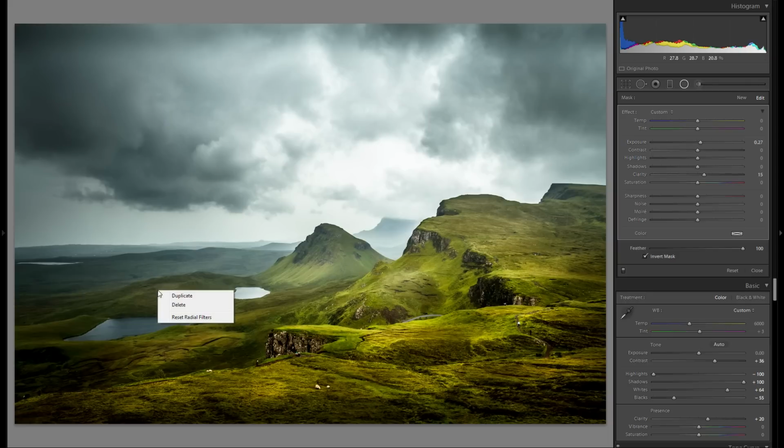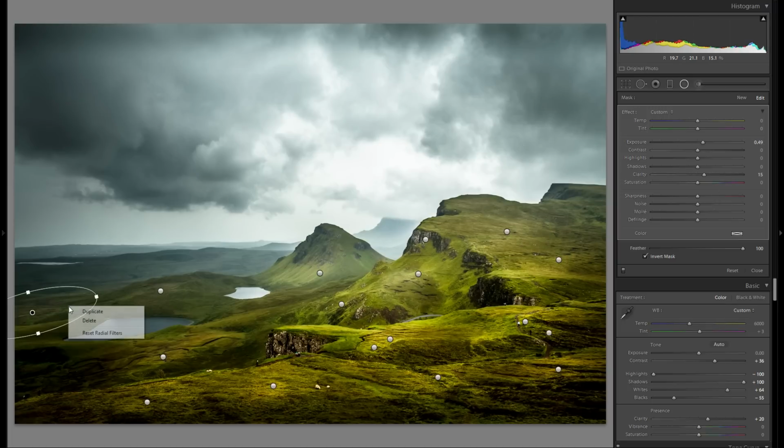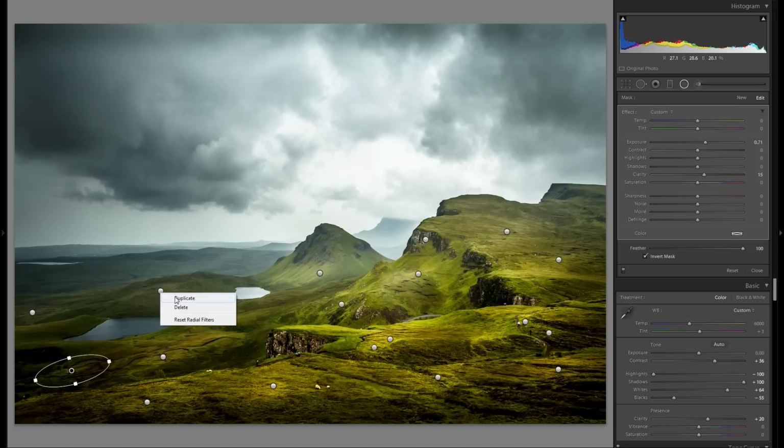This one right here needs a little bit less exposure. Right click, duplicate again. Maybe add a little bit of plus exposure over here. Right click, duplicate, a very small one right here. Very important that you change up the sizes and adjust the exposure and the settings according to the actual scene. And I think I am pretty good with plus exposure radial filters. Actually, maybe one more over here and increase the exposure as well. So I think, yeah, I think I'm good with the plus exposure,